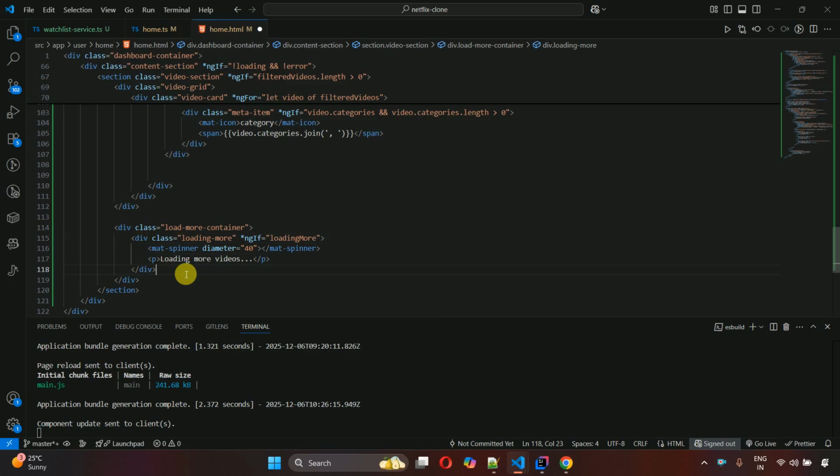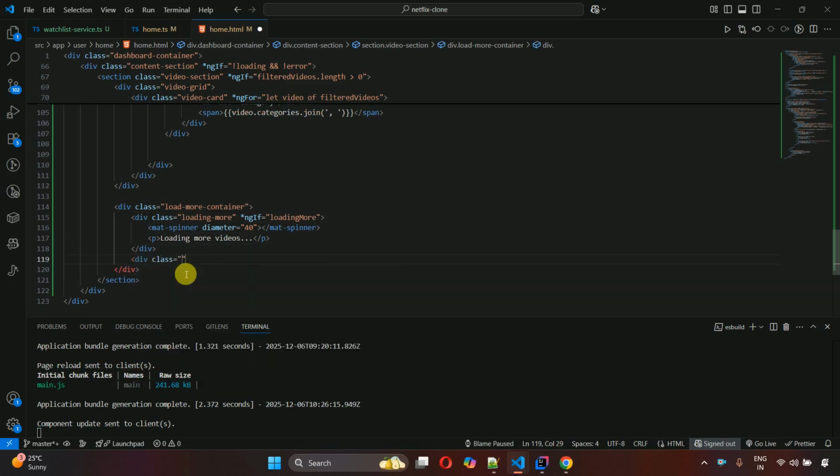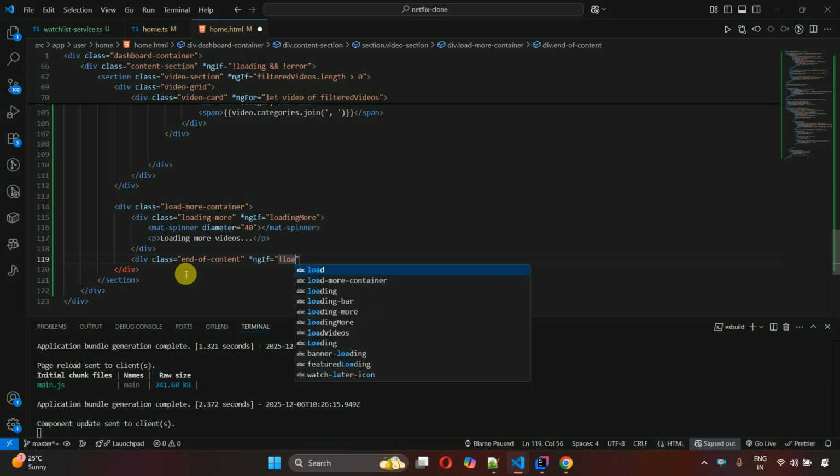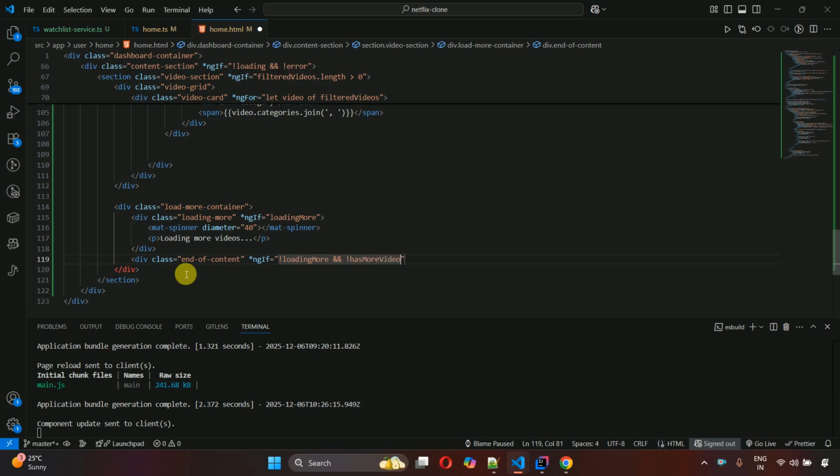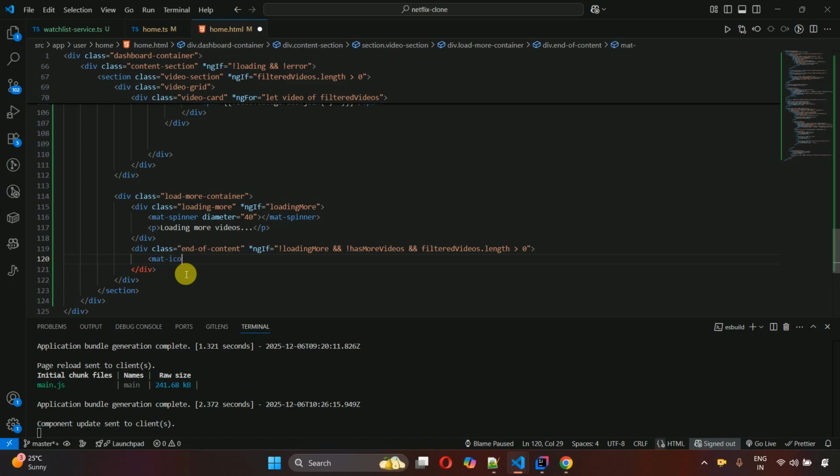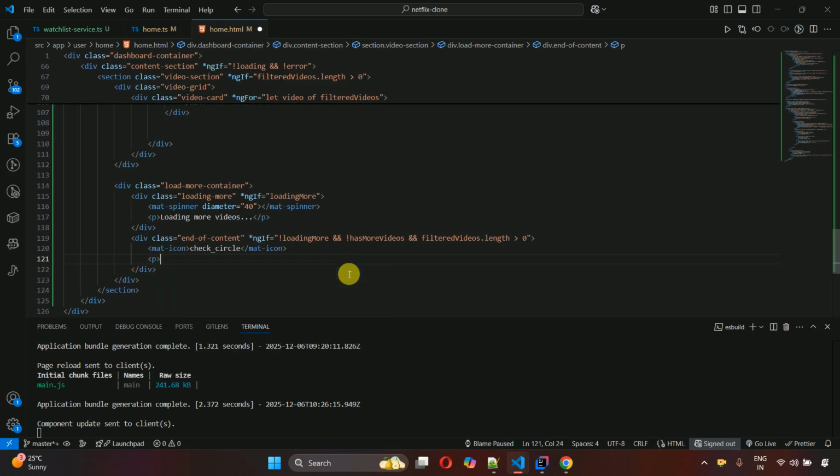Inside the div we also need to show div class end-of-content, and *ngIf not loading more, and not has more videos, and filtered videos length should be greater than 0, and then we show mat-icon, check_circle, since we don't have anything more to show, and we're going to show a message that you have reached the end of it, so you have